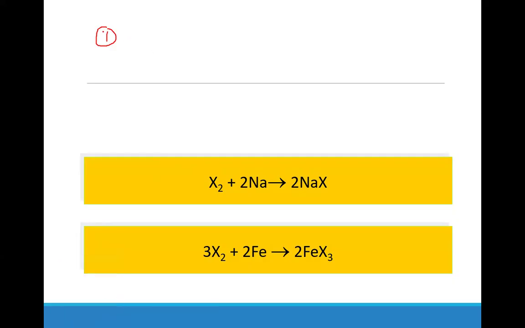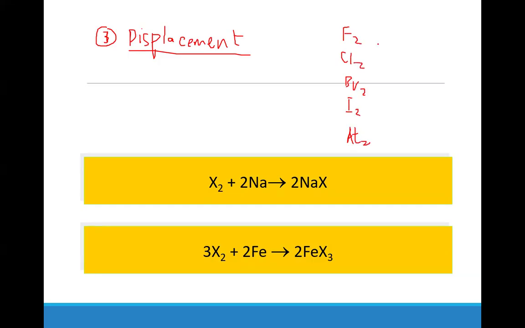So the third type of reaction that we're going to see is the displacement reaction, ठीक है? Displacement reaction जो होता है ना, उसमें होता है कि a more reactive halogen will displace the less reactive halogen from its compound, right? So, for example, let's look at how the reactivity changes as you move down the group. So, we have fluorine, chlorine, bromine, iodine, and we have astatine. So, yeah, they all exist in diatomic state, ठीक है, लेकिन obviously periodic table में इस तरह से नहीं